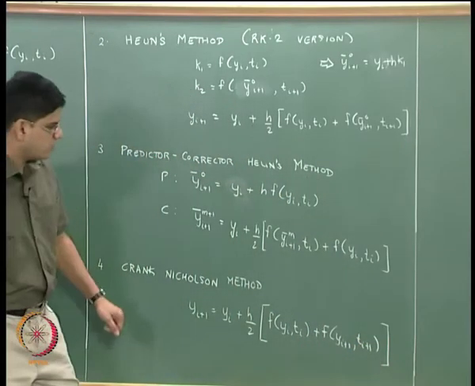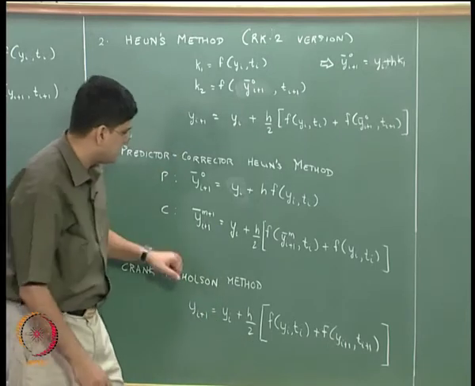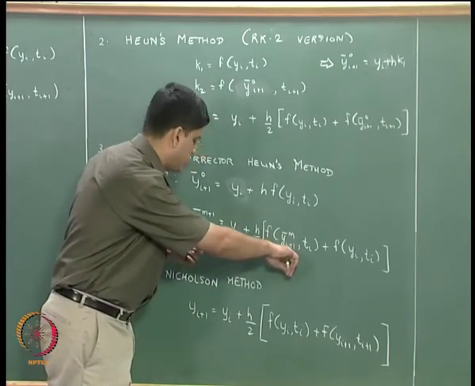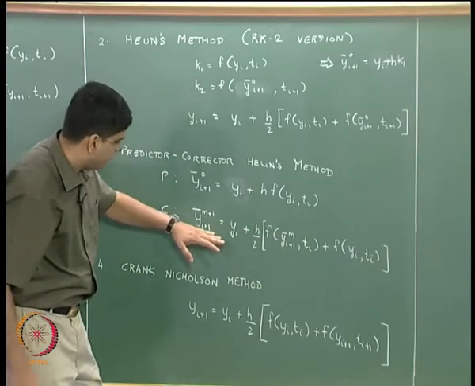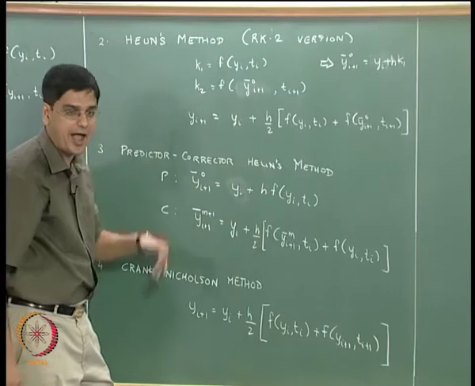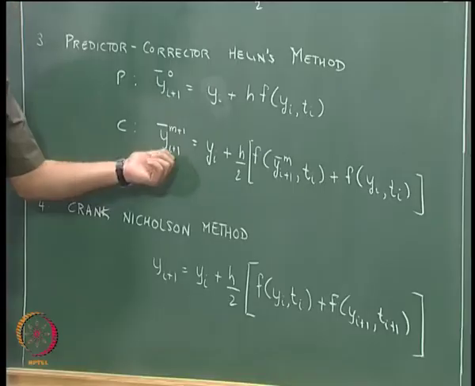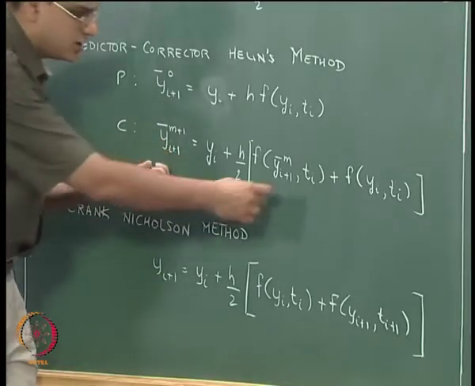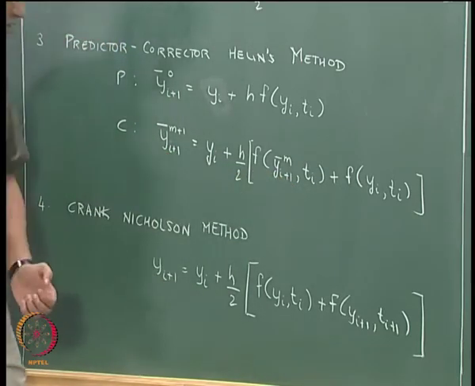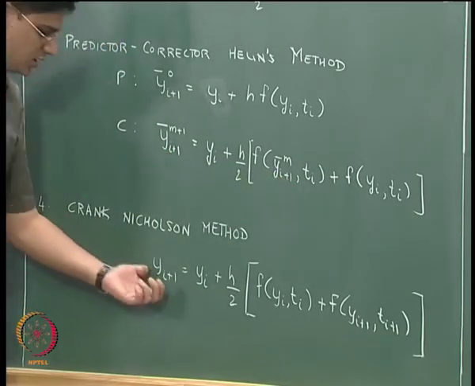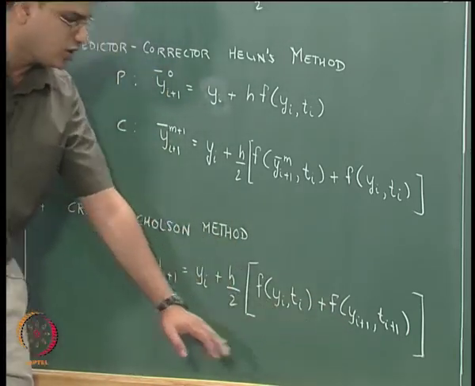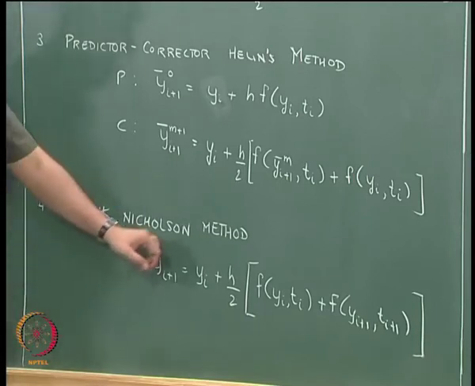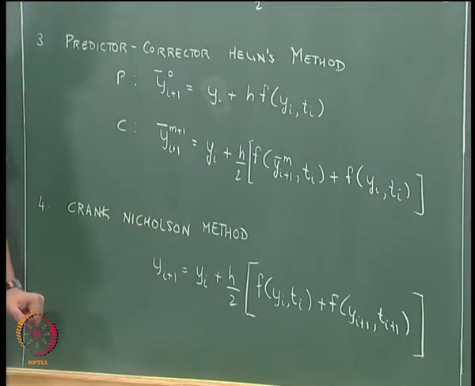Okay. So, what we mean by the Crank-Nicolson method is when this particular quantity becomes equal to this particular quantity, we call that particular iteration converged, and we denote this as yi plus 1. So, we replace y bar m and y bar m plus 1 with yi plus 1, and we will get this equation. It is a non-linear equation that needs to be solved in this Crank-Nicolson method, which is a semi-implicit method, okay.